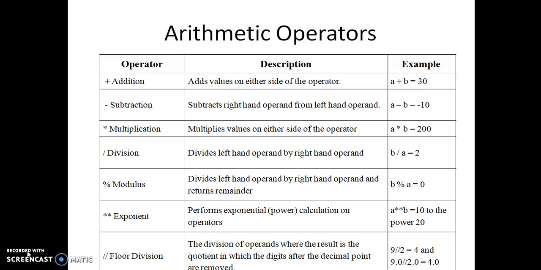A single slash gives the division result, even if the value is a float. But with the double slash, if the given two input values are ints, then it gives an integer value as the output. If the two values are float values, then the output of the division is also a float value.